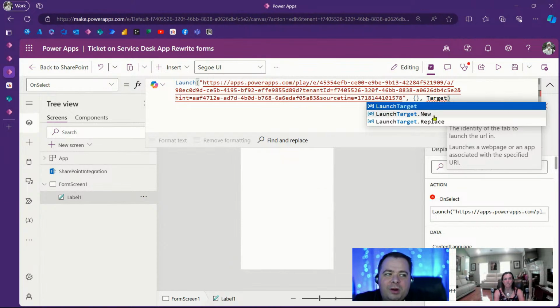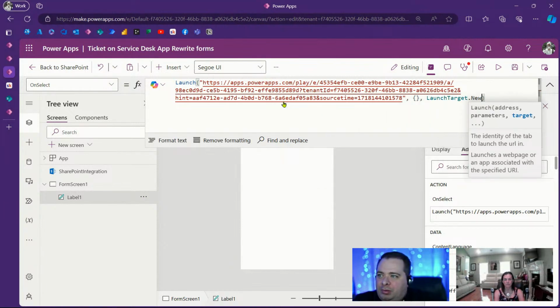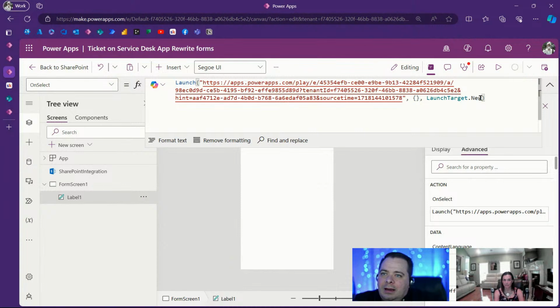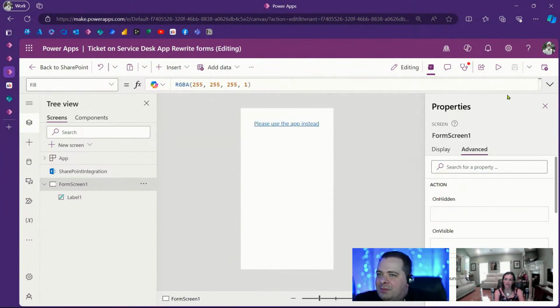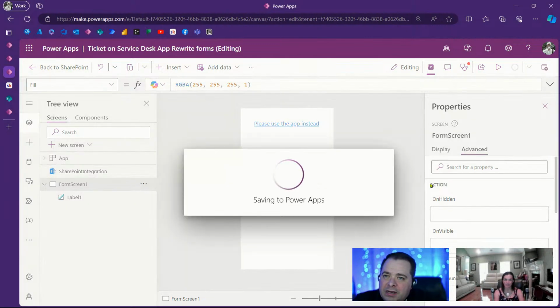And I want that to open up in a new tab. I don't want to replace the current one. I just always do that. I just think you're mean to the user if you take away their current tab. Maybe they didn't want to, they thought it would open up in a new tab and you just messed them up somehow. Now, what I do is I hit